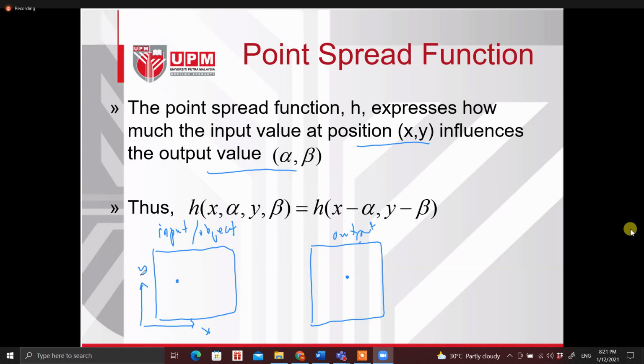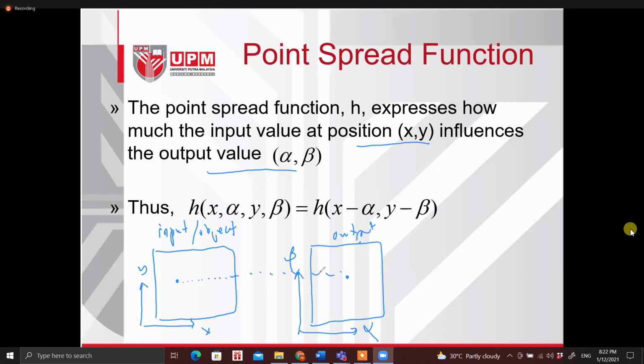Yeah. So the same concept in the output image, but now instead of using x and y, we are using alpha and beta. Okay. So why am I using alpha and beta, and not x and y, in the output image? So that we can differentiate between the input and the output. So now imagine this particular point here that I mentioned in the previous slides has been propagated to the output